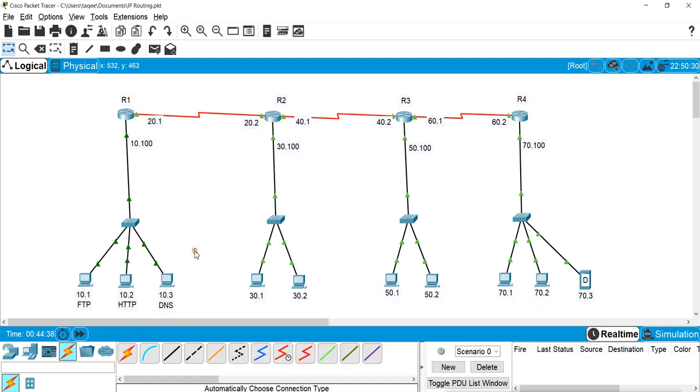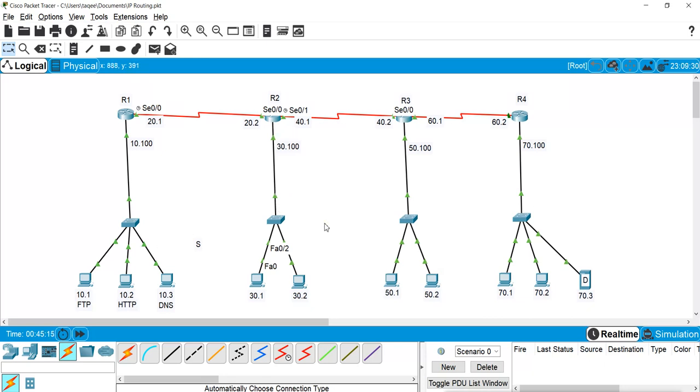Now to cover these two networks, the nearest router will be router 2, and the port which can cover these two networks will be this port, serial 0/1. Why? Because if I apply on this port, it can only apply to this network, and if I apply on this port, then it will only apply for this network. So if I want to cover these two networks together, then I will apply on this interface, so that these two networks can be covered.